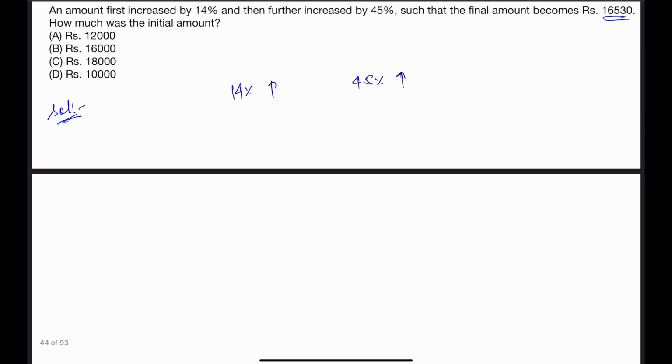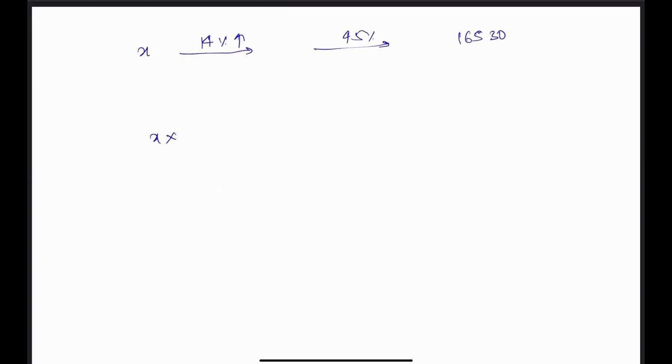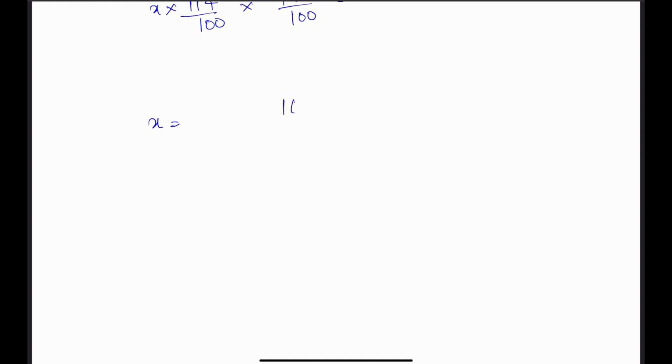16,530. Okay, so x is the amount. It is increased by 14%, then increased by 45%, and becomes 16,530. So x into 114 upon 100, and then into 145 upon 100, equals 16,530. So x equals 16,530 into 100 divided by 114 into